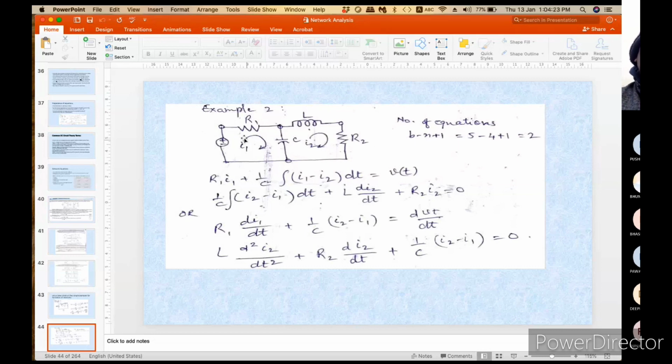नोड्स कितने हैं? 1 2 3 4 नोड्स हैं. So therefore कितने इक्वेशंस लिखे जाएंगे? 5 minus 4 plus 1 is equal to 2. And वैसे भी आपको दिख रहा है इसमें 2 लूप्स हैं, तो 2 लूप्स के लिए 2 different इक्वेशंस आएंगे, ठीक है. अब कैसे लिखेंगे, ये तो मैंने कॉम्पैक्ट फॉर्म में थोड़ा किया, पर इनिशियली स्टार्ट करेंगे